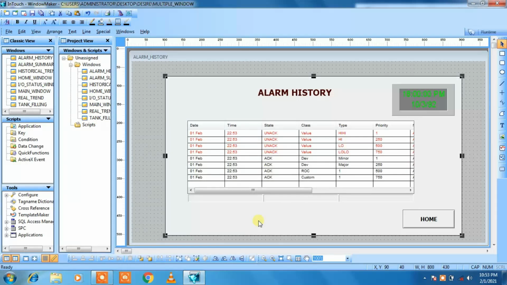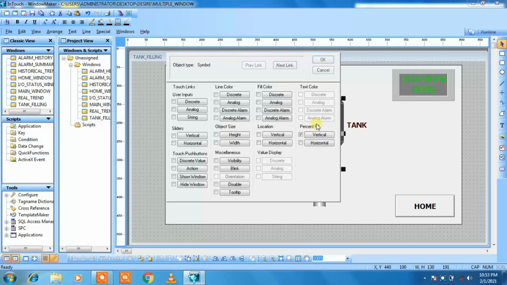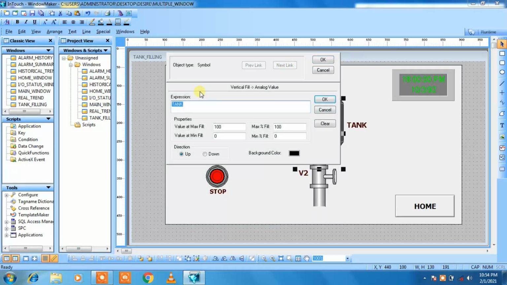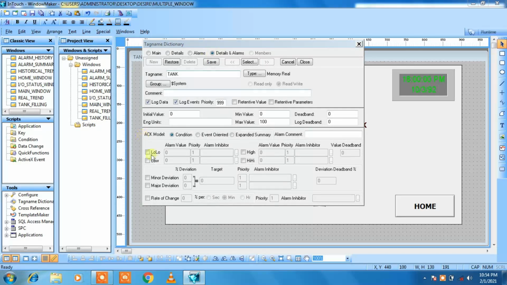As you know, to see the alarm history here we also want to do something. Go to the tank filling, double click on tank, then click on next link, then double click on tank, then go to the details and alarms. Choose the alarm as low for 10.